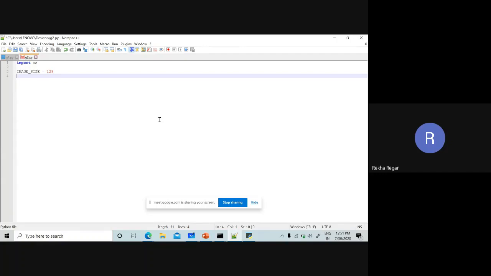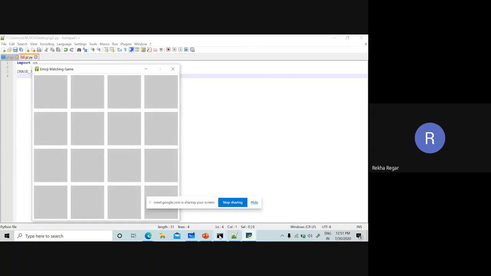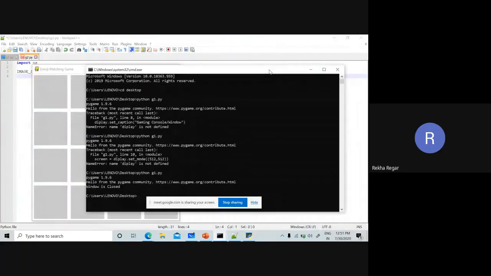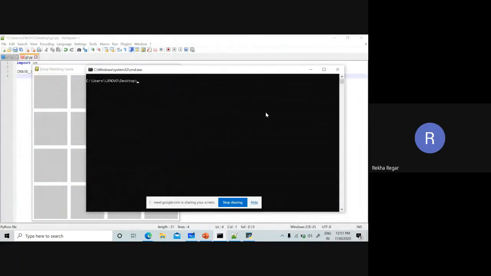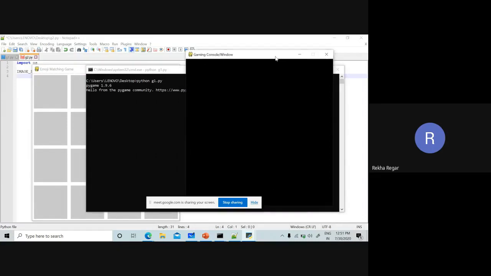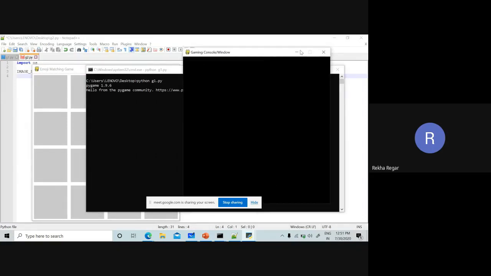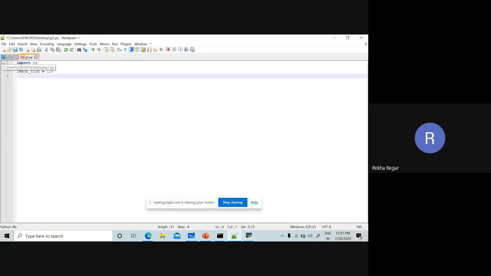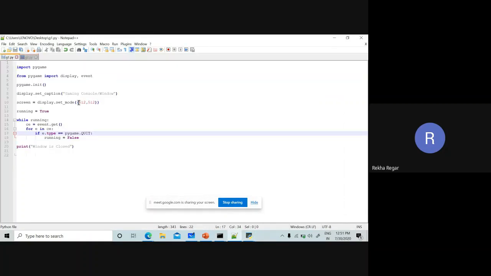And again, what screen size do we choose for the game? You can simply see, after writing the code for getting the window, that the screen size is 512.